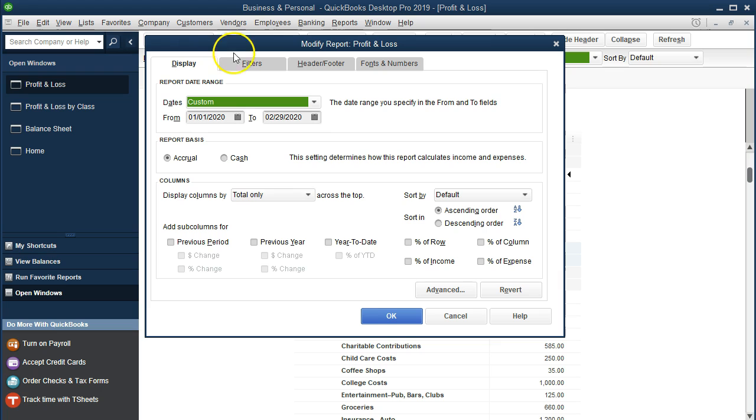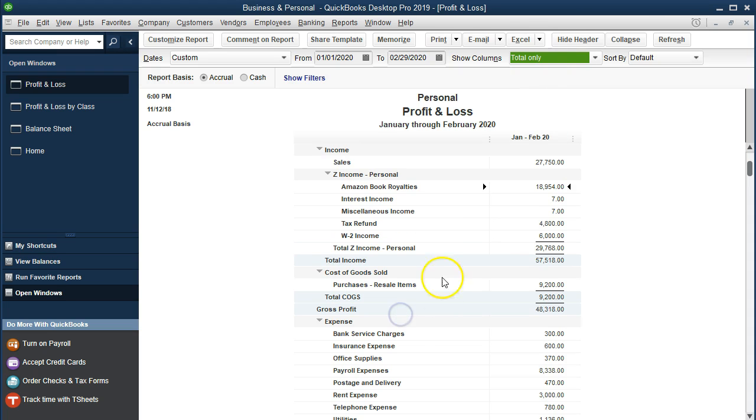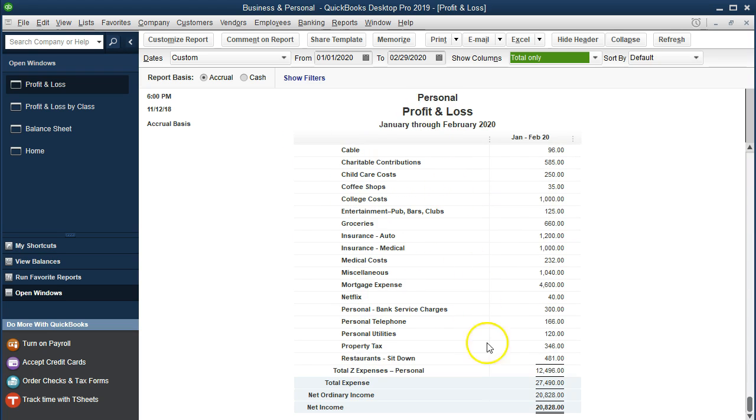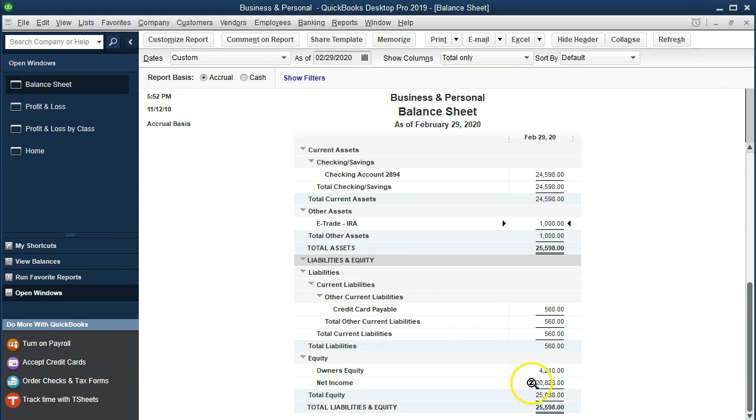If I remove the filters, of course, and go to filters, classes, and remove them, then that'll give us everything. This will be a profit and loss, business and personal. I won't change the header, but this is business and personal. That 20,828 then is what we find if we go back to the balance sheet on the net income. So this net income here has to roll over to 20,838,